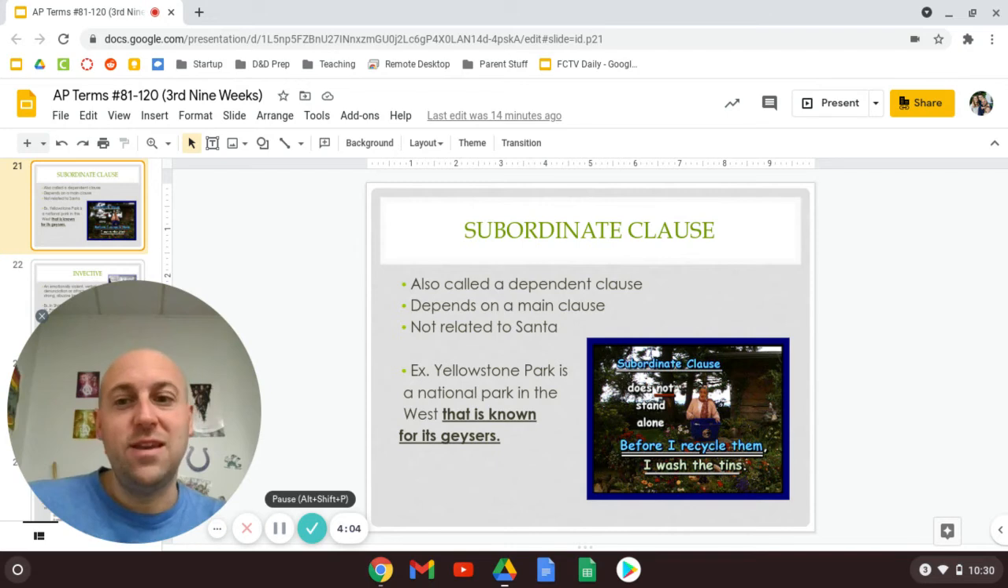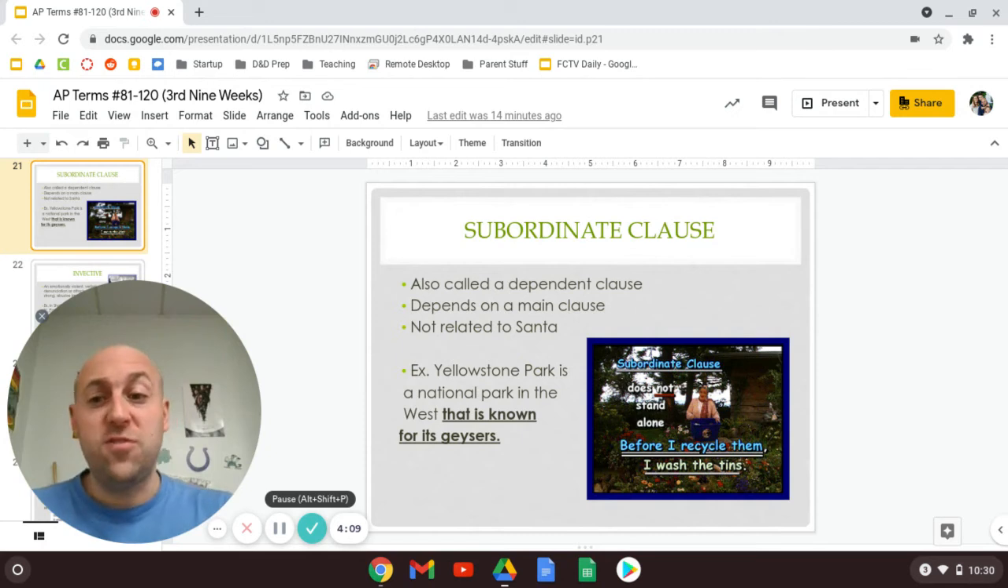Finally, we have subordinate clause, a grammar term. And this is also sometimes called a dependent clause. You may remember this from some of your earlier English classes when you had more of a focus on grammar. It's something that depends on a main clause, but that's not all that helpful to you if you don't know what a main clause is. By the way, it's not related to Santa. This is clause with an E. No, this is any part of a sentence that cannot stand on its own, right? It's a part of a sentence that if you took it apart would not be a complete sentence on its own. You may remember an independent clause from earlier English classes as a part of a sentence that could stand